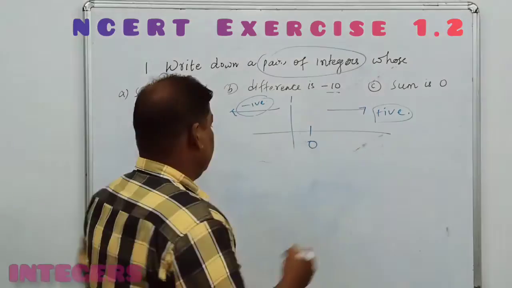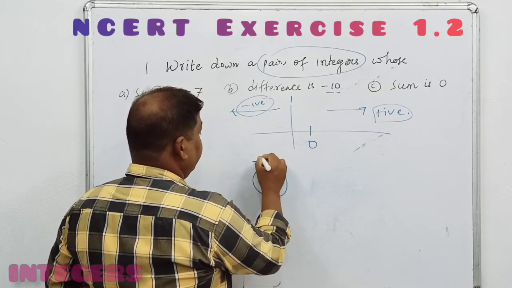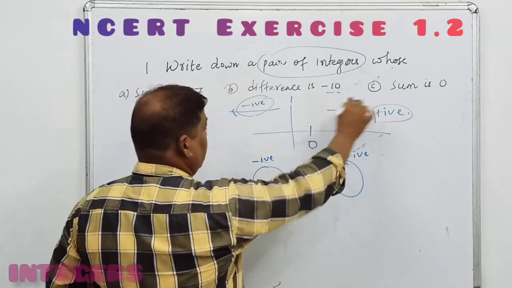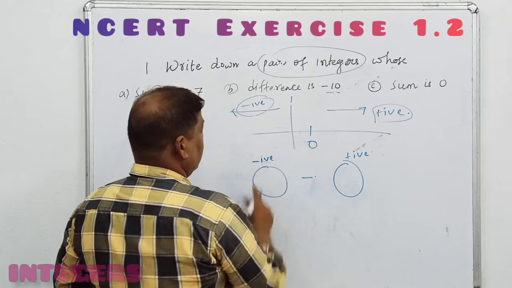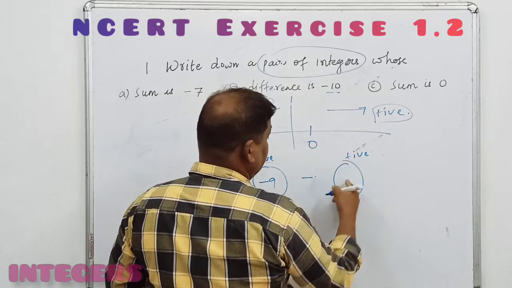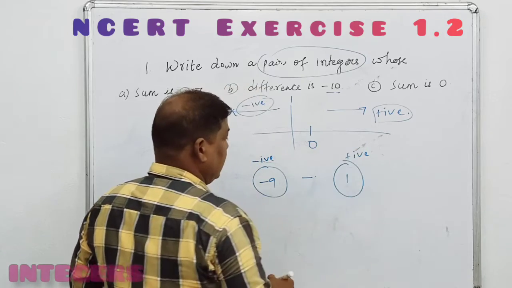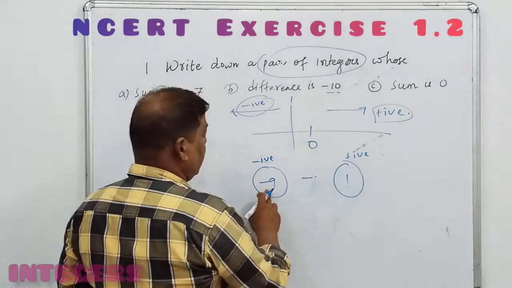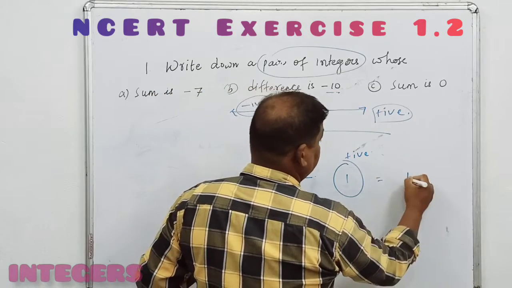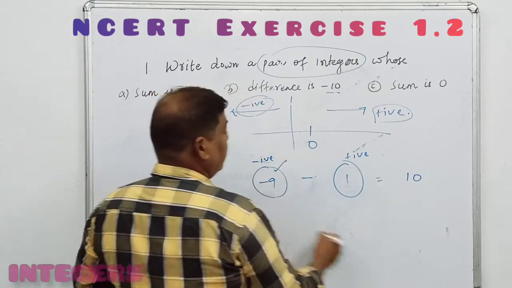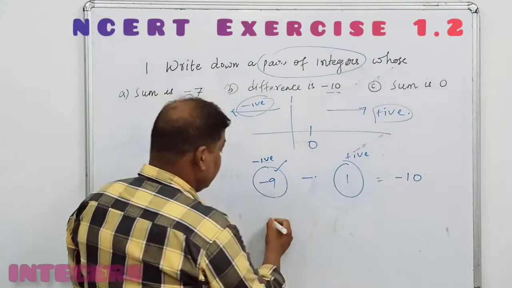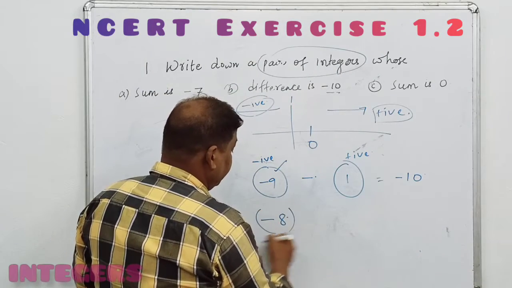पॉजिटिव इंटीजर, here is the negative integer, here is the positive integer. So the difference is, you negative integer you have to take -9, यहाँ पे पॉजिटिव इंटीजर आप ले लीजिए, 1 ले लीजिए, ये आपका पॉजिटिव इंटीजर है और ये आपका नेगेटिव इंटीजर, मींस माइनस माइनस दैट इज प्लस 9 + 1 मींस 10, तो ग्रेटर वैल्यू इज 9, so that is -10. Similarly, -8 is a negative integer.